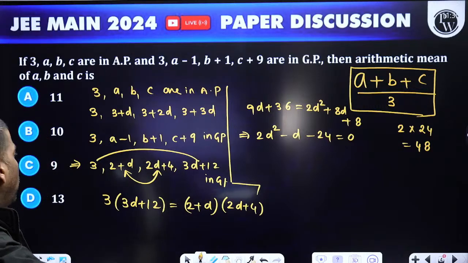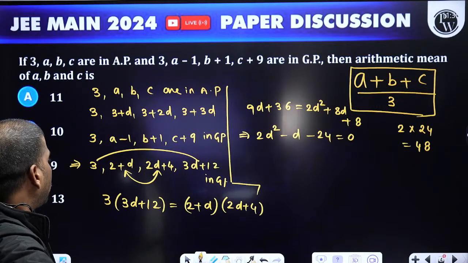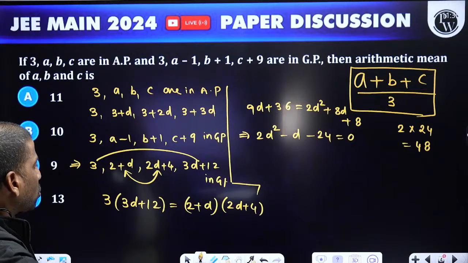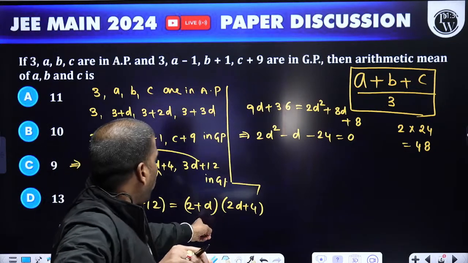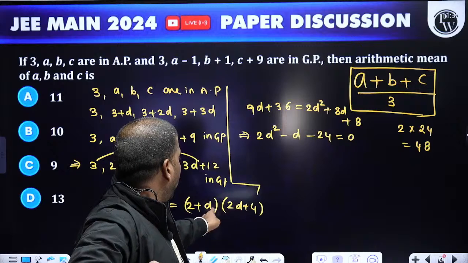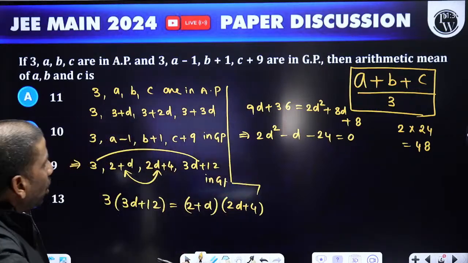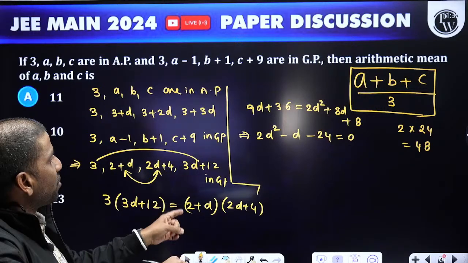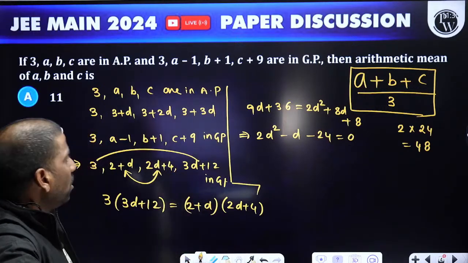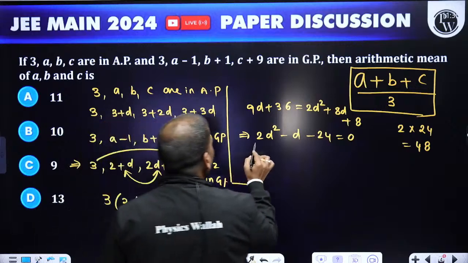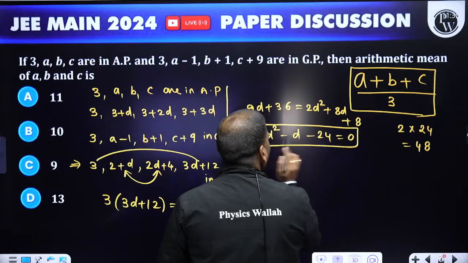3 3s are 9, 9D, 36, 2D square, right, 2D square, next 4D, 8D, 4 2s are 8, 2D square minus D minus 24 is equal to 0. So that's all. We have only one parameter here. So solve it for D,